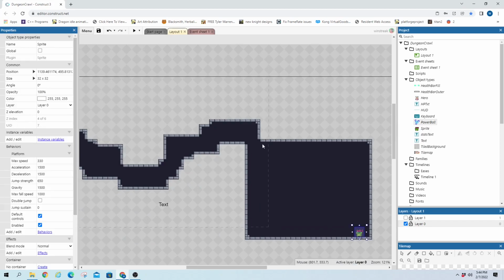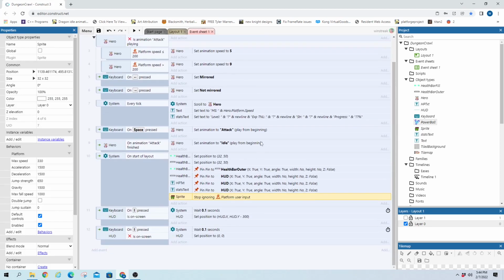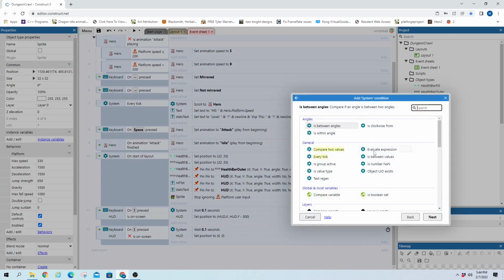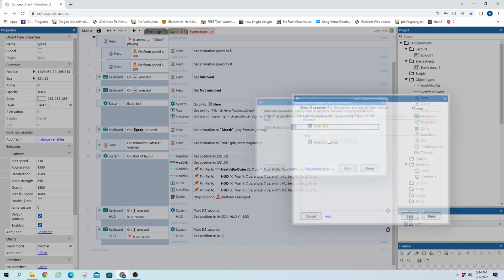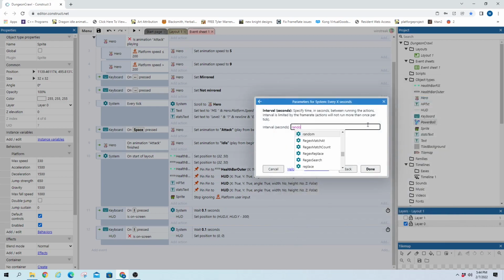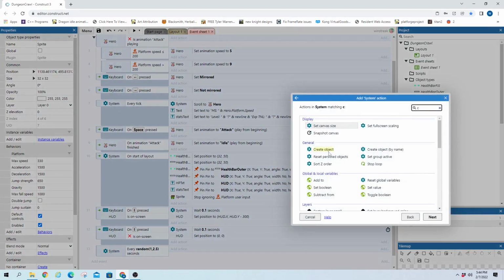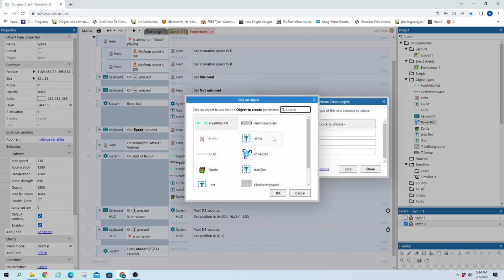And then we will have our enemy create those every second or two, and we'll do it randomly. That way we don't get used to waiting a set amount of time. So we'll make an every tick, or every X seconds here, and we'll just throw random, and I'll just put 1 to, let's say 2.5, and we'll close that up. And I don't need to throw an int or a floor there, because I don't care if it's a partial second or not. So I'll do that, and we will create an object,